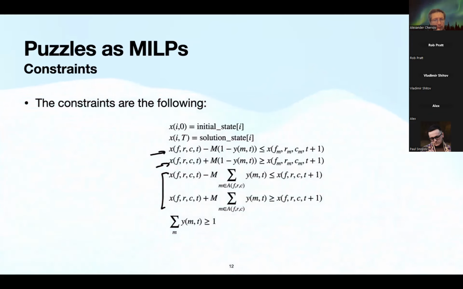Then the current color is the same as the next color. On the other hand, if you do perform some move, then that sum of y's is going to be 1, because it has to be at most 1, right? The big M's make those constraints redundant. So it's really just two cases to consider: sum of y is 0 or sum of y is 1. So if the move isn't done, there should be an equality here. I hope it's clear.